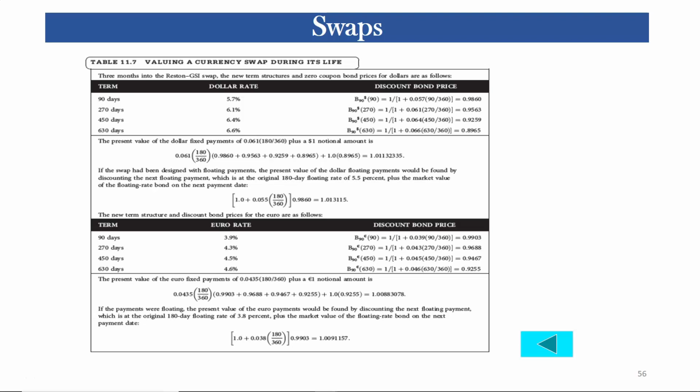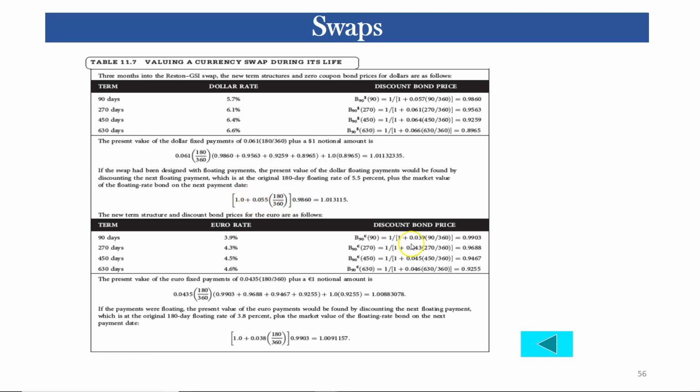Using this interest payment and the par value of the floating rate bond 90 days from now, we estimate the value of the floating rate bond equal to 1.013115. We have used the price of the 90-day zero coupon bond, that is the discount factor here, to calculate the present value of these two cash flows as they will occur on day 90 from now.